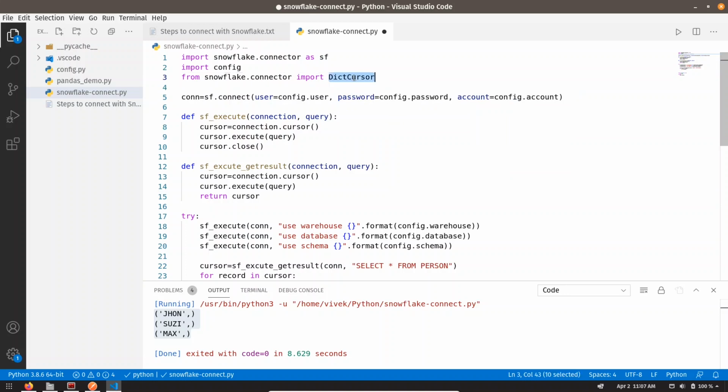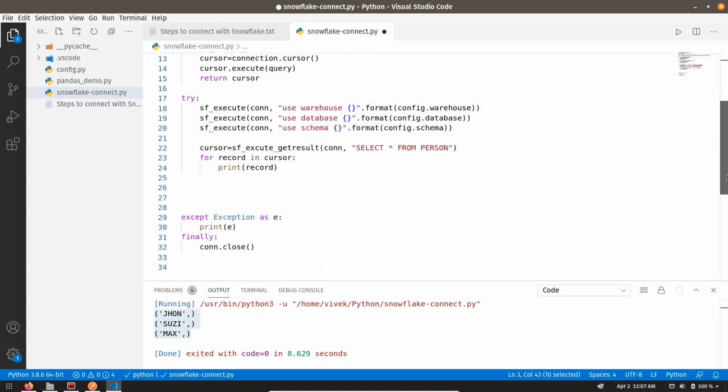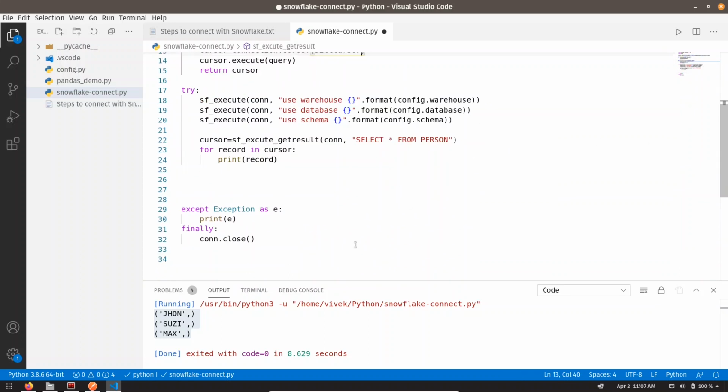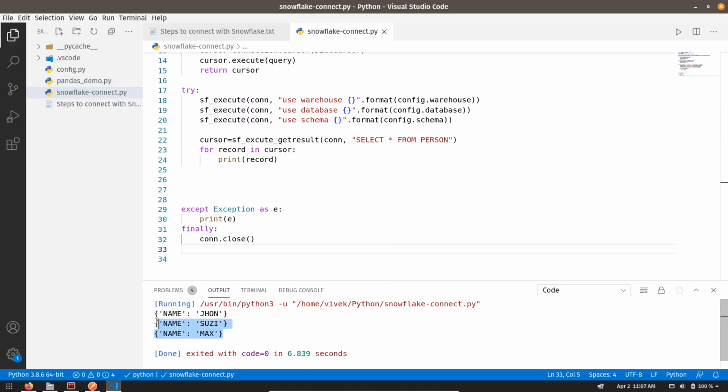Yeah, and we are going to pass this object while creating the cursor over here. Now if I run this command, you can see we are getting the dictionaries.